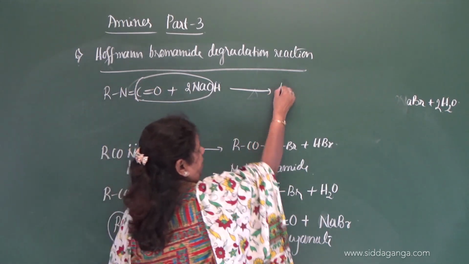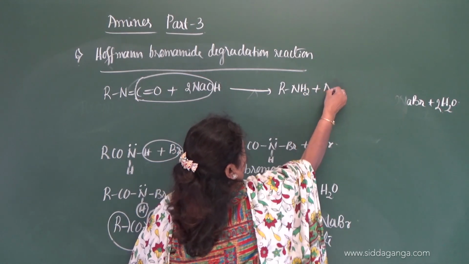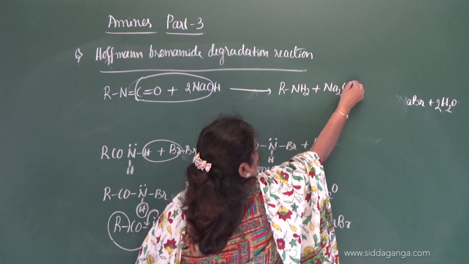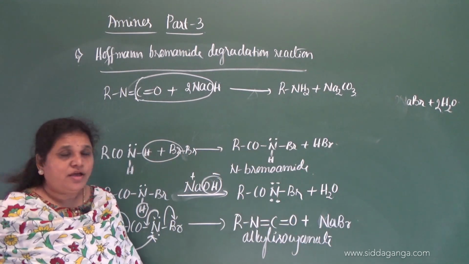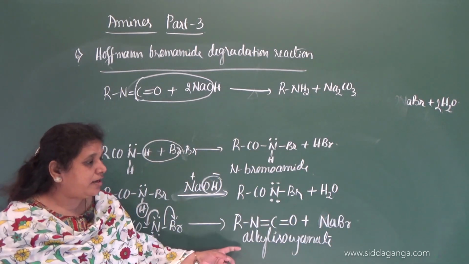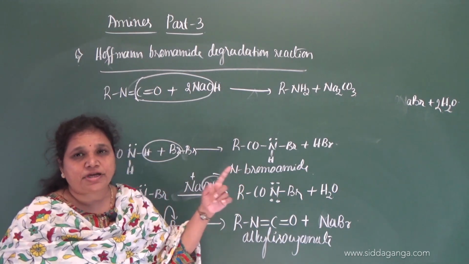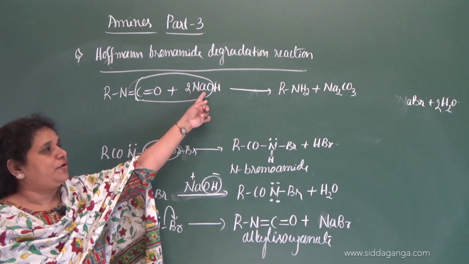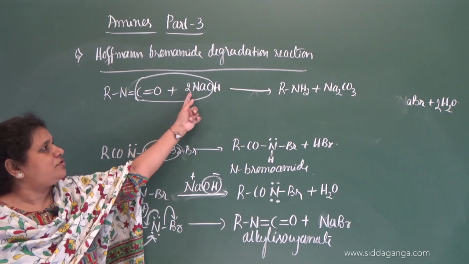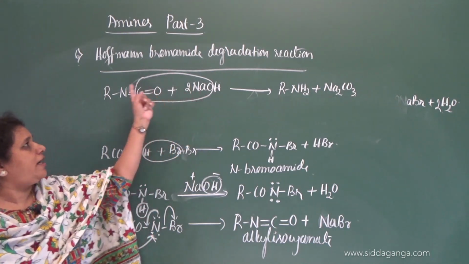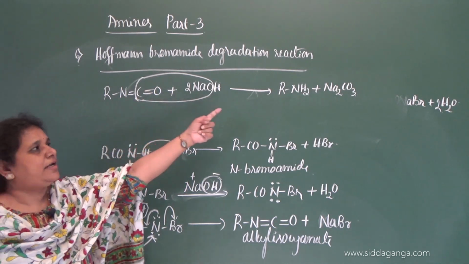So you will get RNH2 with the formation of sodium carbonate. So the carbonyl group of the amide eliminates when it gets converted to alkyl isocyanate, and it eliminates in the form of the respective carbonate. 2 moles I took here, Na2CO3, 1 oxygen, 2 oxygen, and 2 hydrogen atoms satisfy the valency of the nitrogen,